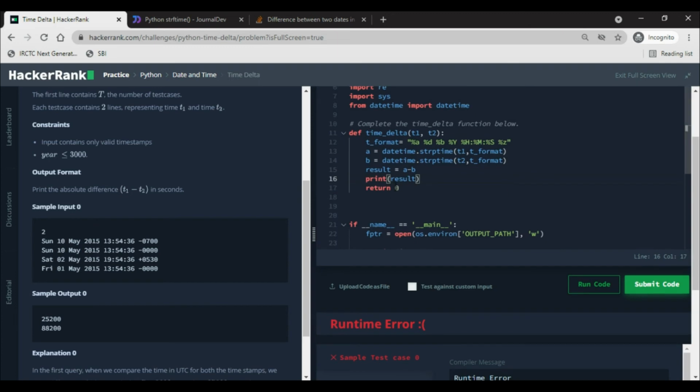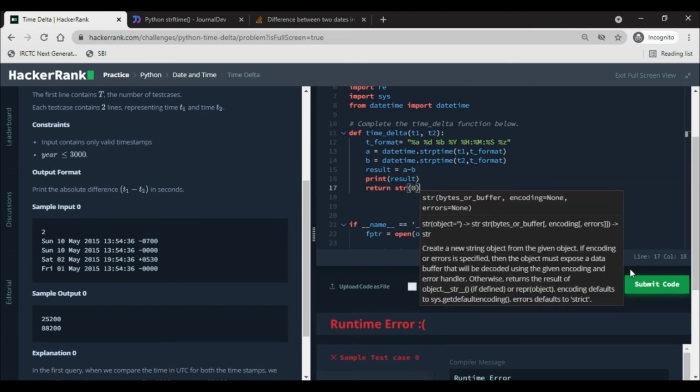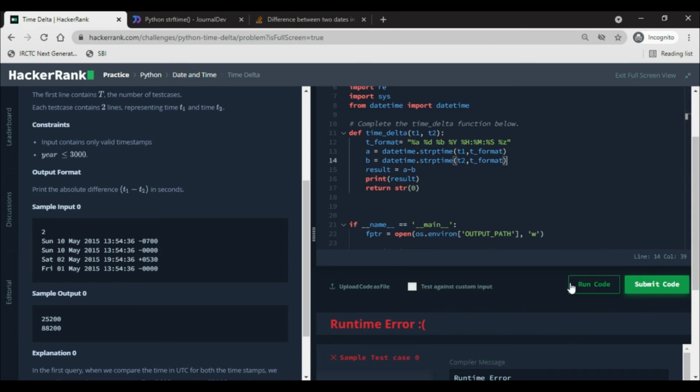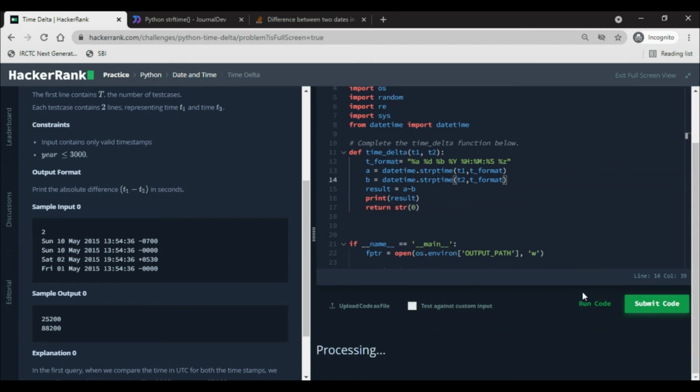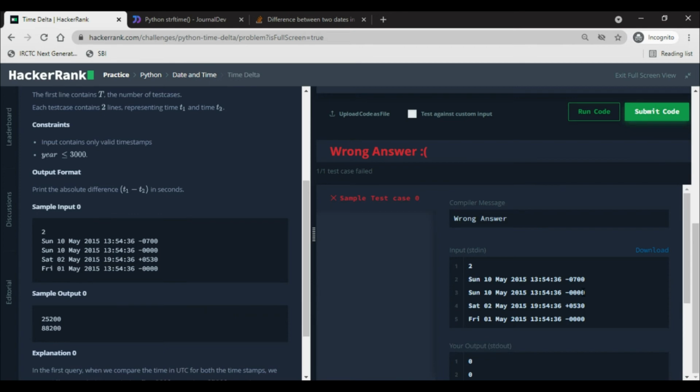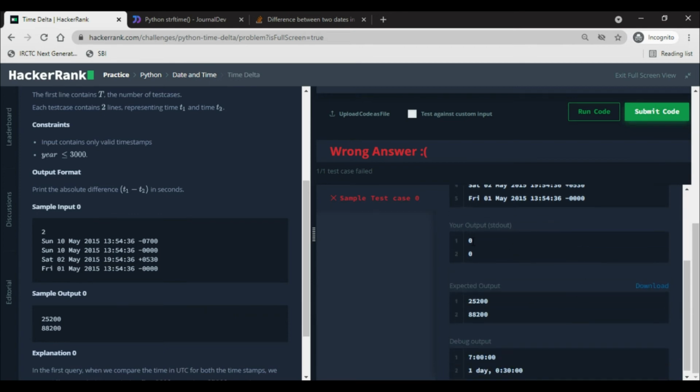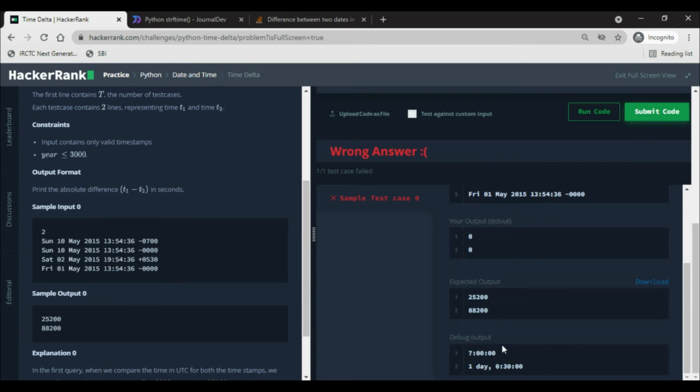Okay, let me do it str, so it wants it in str form. Now you can see debug output, we can see 7-hour difference and 1 hour 30 minutes difference.